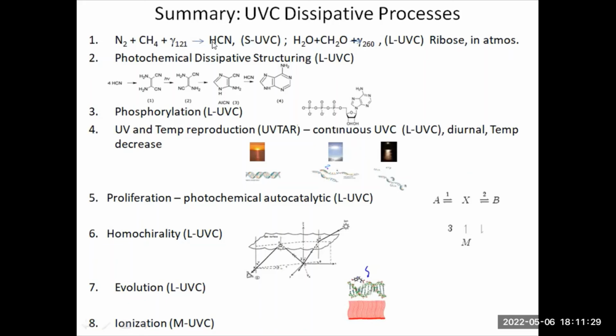To produce hydrogen cyanide, we need short wavelength photons in the UVC range. To produce ribose, we need long wavelength photons in the UVC range. To produce photochemical dissipative structuring, we need long wavelength UVC photons. Phosphorylation, also long wavelength UVC photons. And to get this temperature and UV assisted reproduction, we also need long wavelength UVC photons, which I talked about